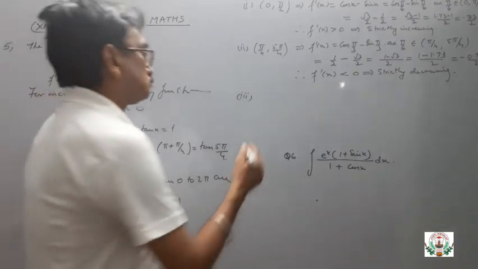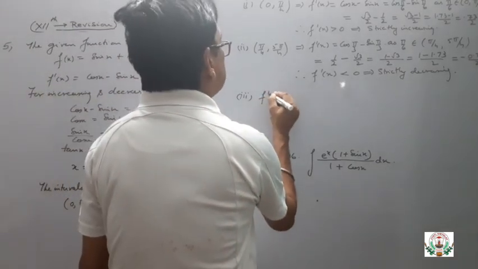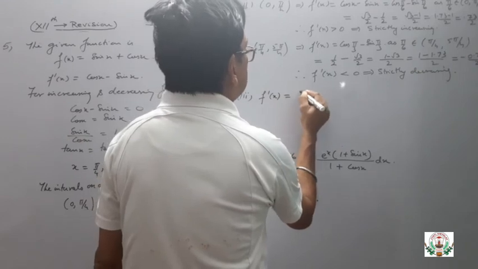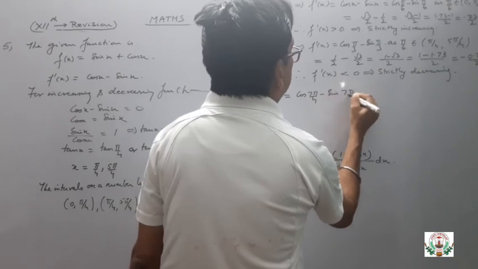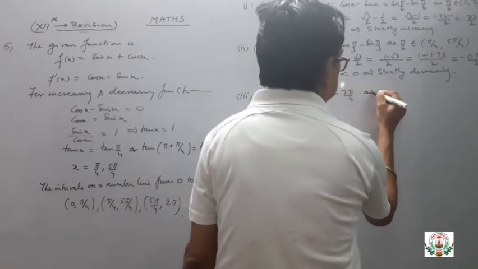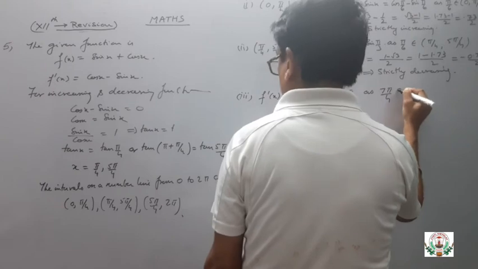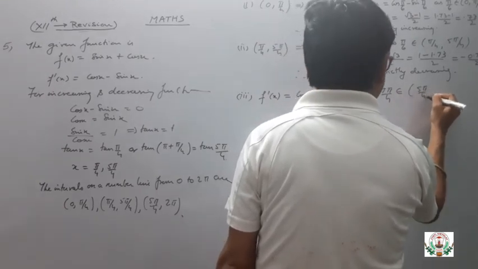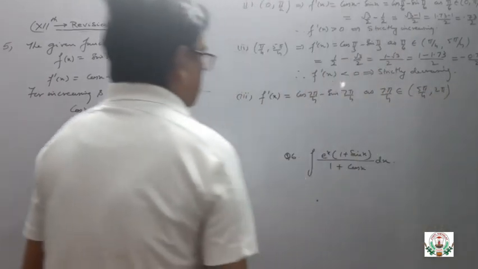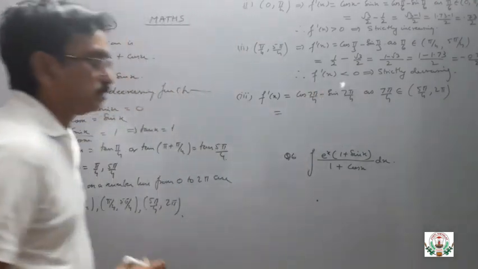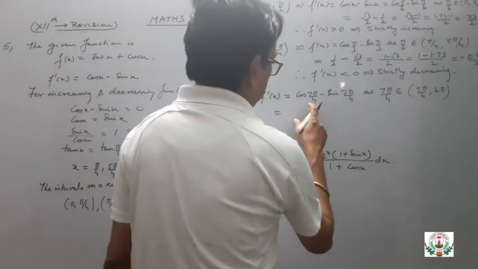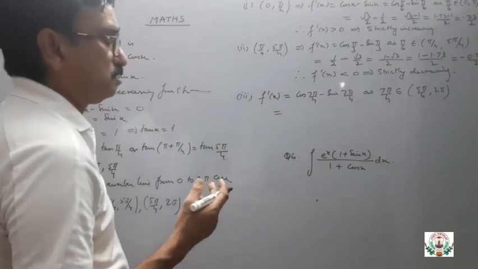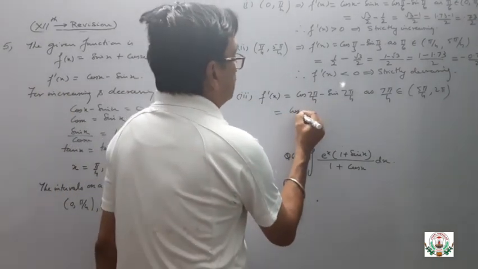So f dash x in this interval is cos 7 pi by 4 minus sin 7 pi by 4, as 7 pi by 4 belongs to the interval 5 pi by 4 to 2 pi. Now 7 pi by 4 can be written as 315 degrees, 45 into 7. Yes, it will be cos 315 degrees